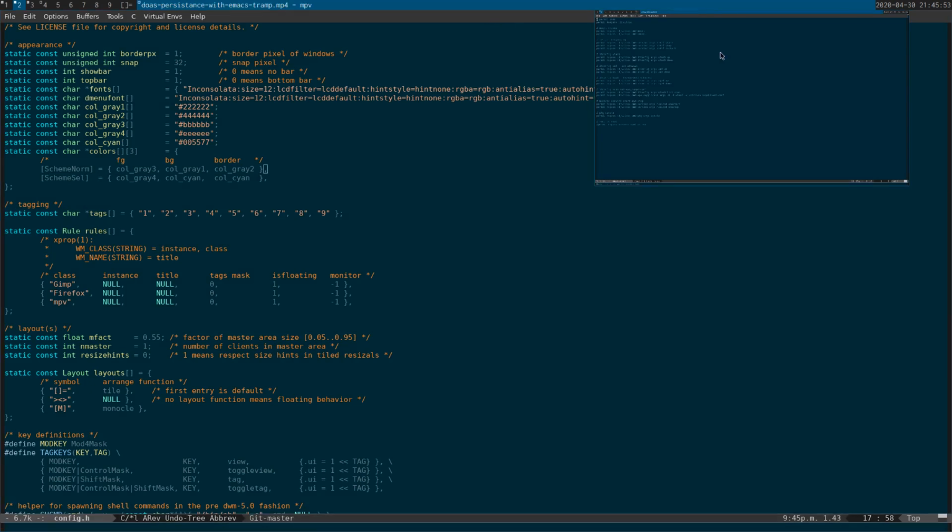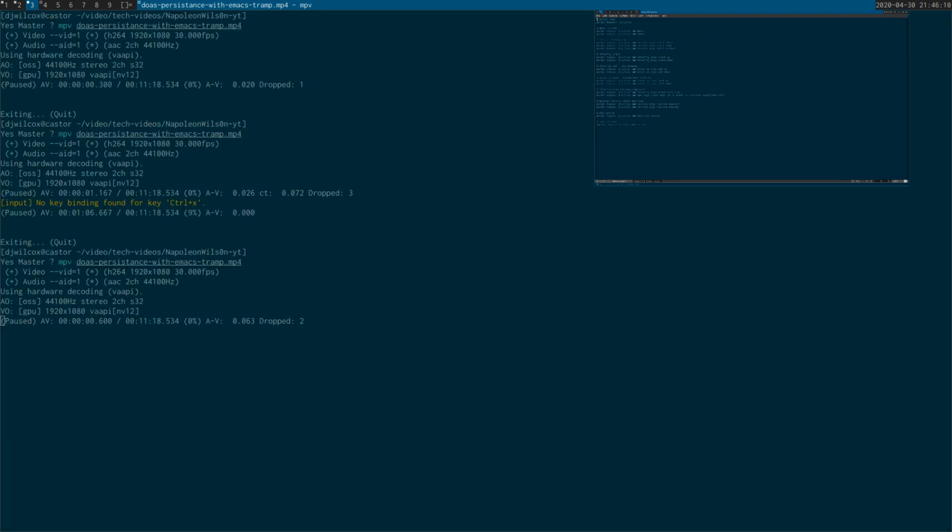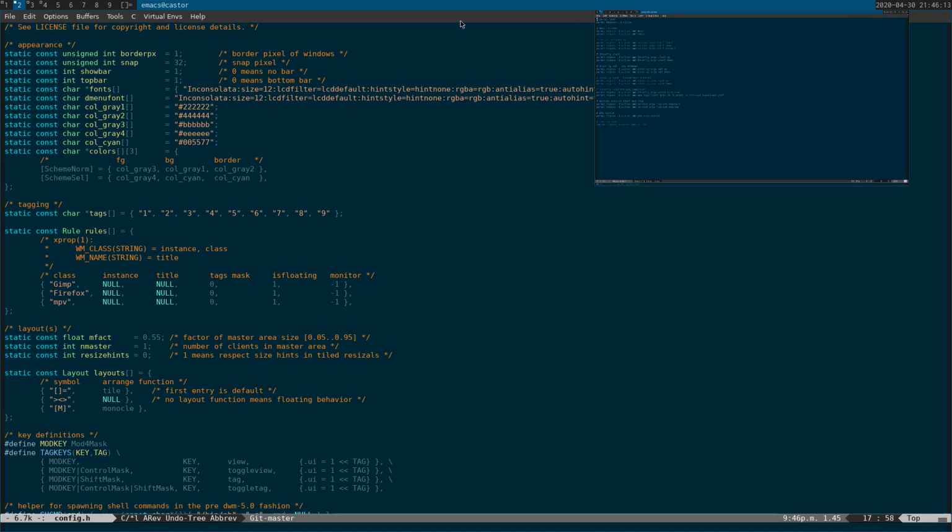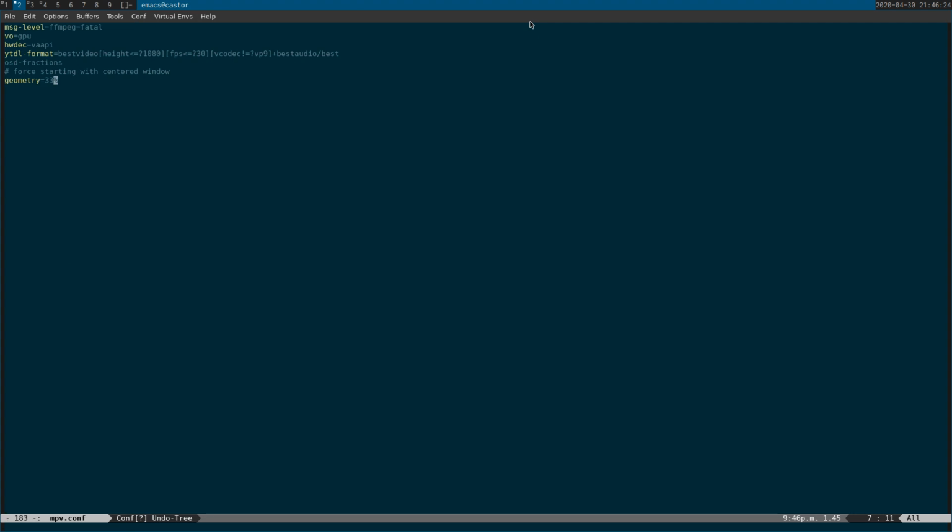So what can happen sometimes when you're using DWM is you switch across to a tag with a float, and you think you're starting typing in a document, but you're actually pressing keys into mpv player. So when you switch tags, what you frequently have to do is mouse across, or there are keyboard shortcuts. But if I quit that and come back across to the mpv config file, the other thing is, as I was mentioning, you can set the format that YouTube DL